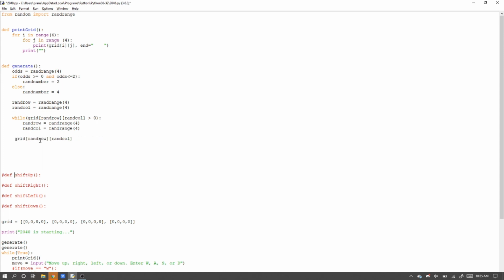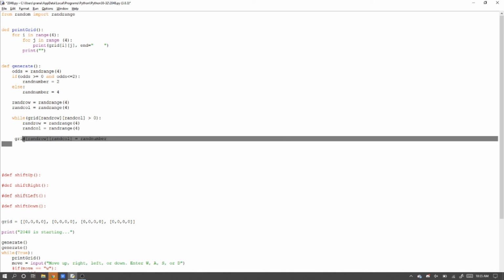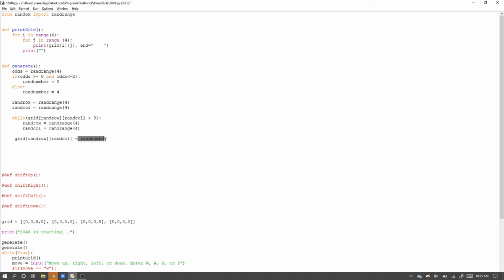Since we're putting the random number inside the grid, we put it like this. It's always important to remember that whenever you have an equal sign, we take what's on the right and put it into whatever is on the left. So we want to put the random number inside the grid. We don't want to set our random number to be the number in the grid. So if we run this,